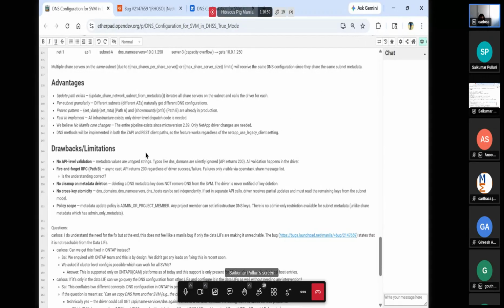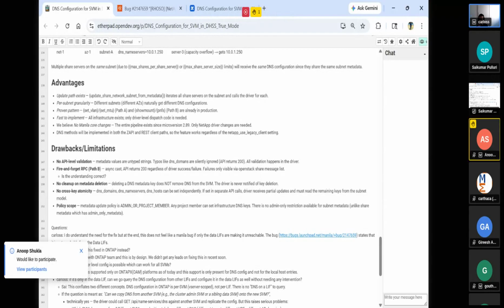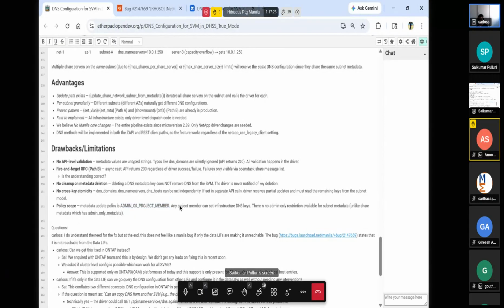And yeah, that's something that implementation would need to figure out if we go with this approach. And the second thing is, metadata update is supposed to be admin or project member, right? Like updating the metadata. I was looking at the policies in the code, and it should be both admin or project member. So I think that limitation on policy scope